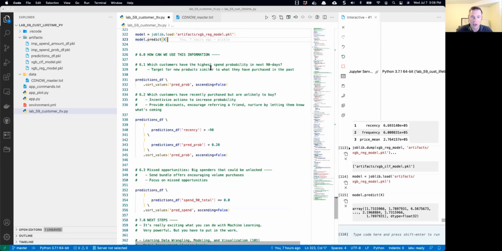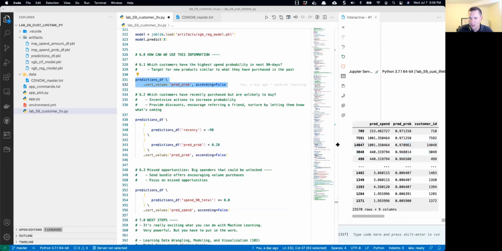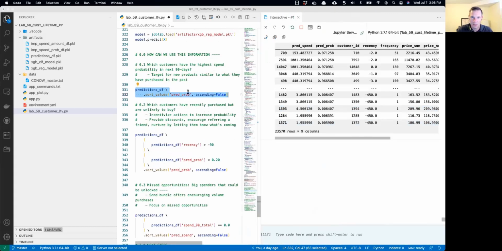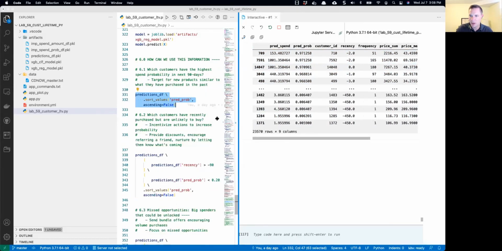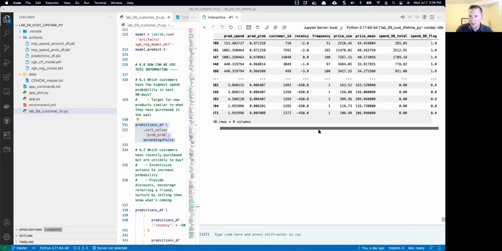Which customers have the highest spend probability in the next 90 days? We can answer that here. Very quickly, if we just sort by our prediction probability, these are the highest probability to purchase. And we can even see whether or not they purchased. For example, this first one had a really high probability and they actually spent